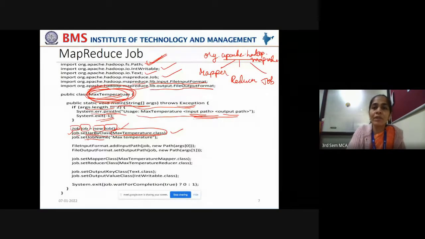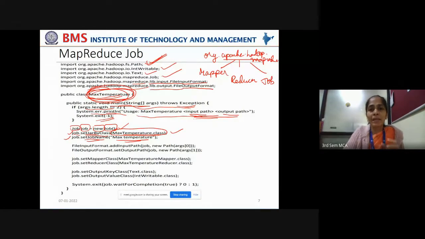For that, we give it a meaningful name by using setJobName. Set job name to MaxTemperature. So for this job, you're setting the name MaxTemperature, indicating the purpose of executing this job, that is finding the max temperature recorded in every year over 100 years. That also is packed into the job object.